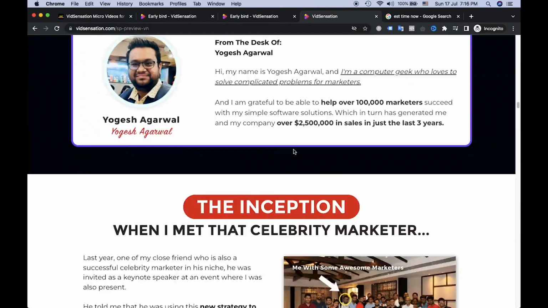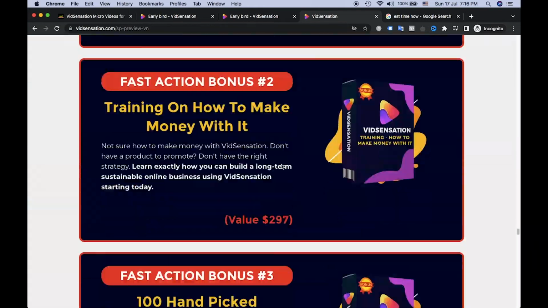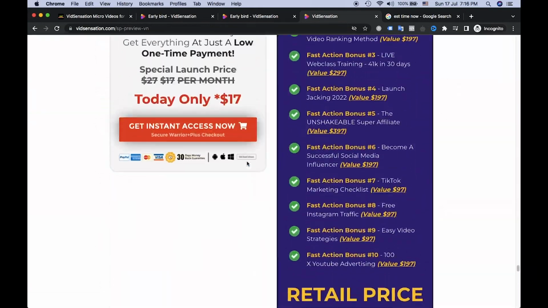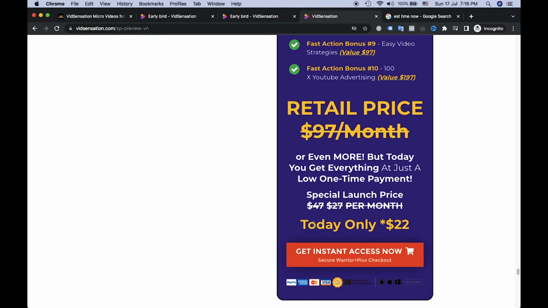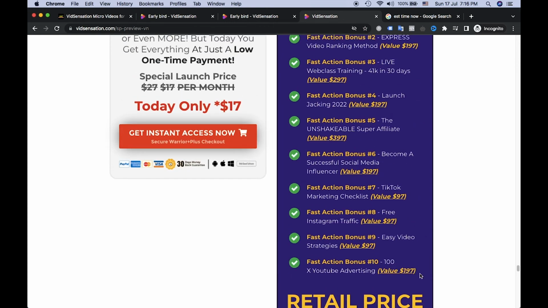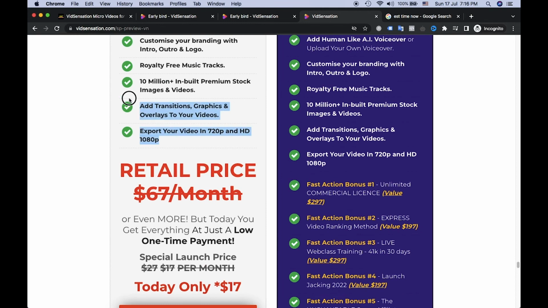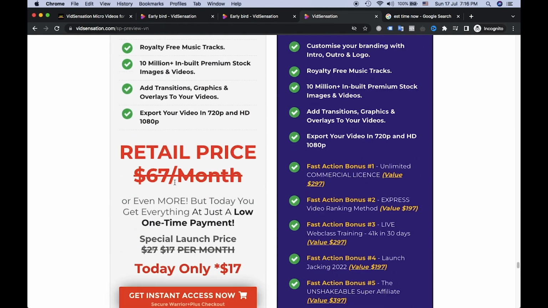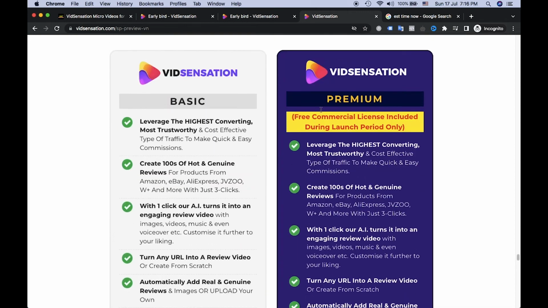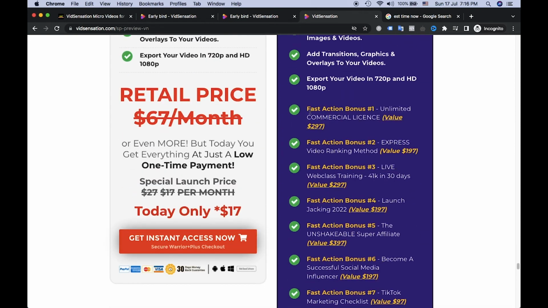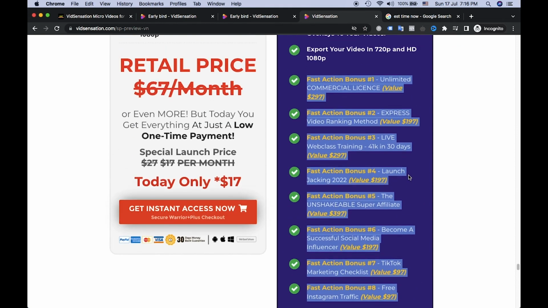So I'm saying this again, the price is $17 for the basic and $22 with a lot of these bonuses, including my bonuses too. So if you buy the $17 one, you will get only my bonus, but if you buy the premium version, you will get my bonuses and these bonuses together, which is so many things.